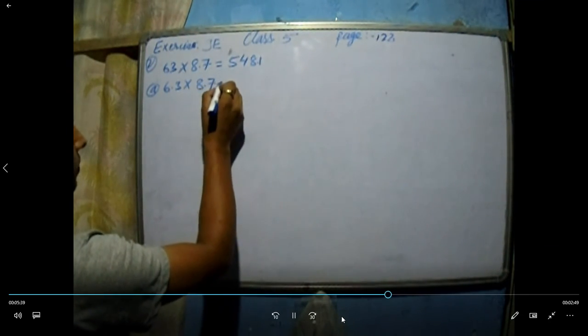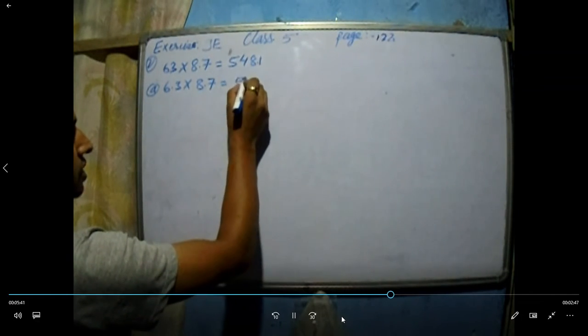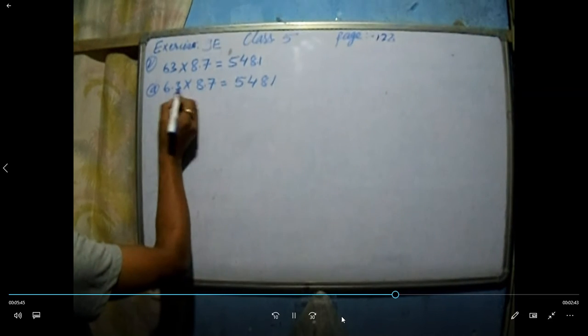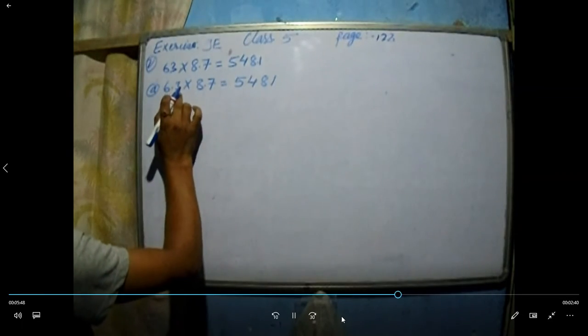So let's see in question number A. 6.3 into, we are given 8.7. This number will come as it is. Okay, only decimal will change. After decimal 1, after decimal 1, that means 1 place here, 1 place here, that means from back 2 place. This is your answer. Now B. No need to manually multiply, simply use the logic. Number is same, answer will come same, only decimal moves here and there.